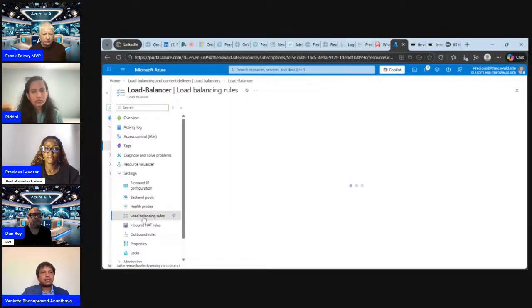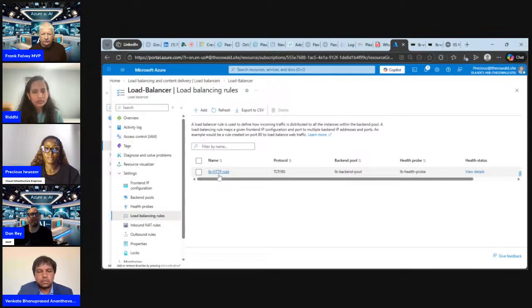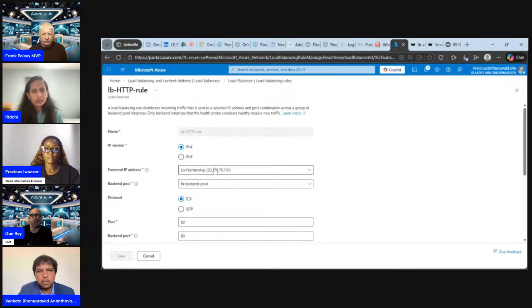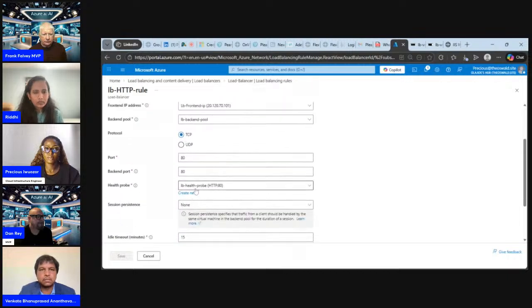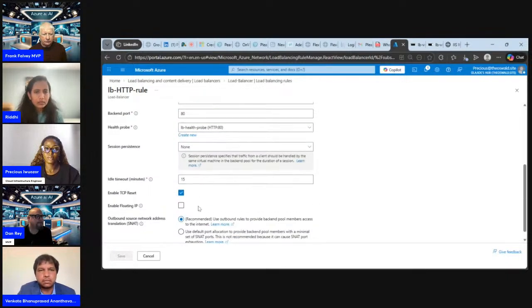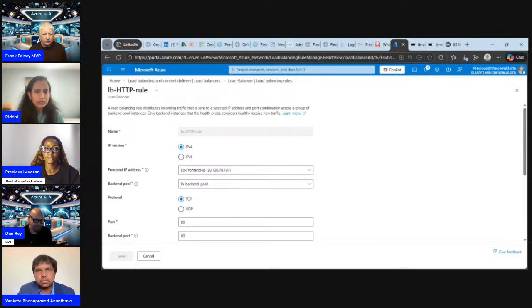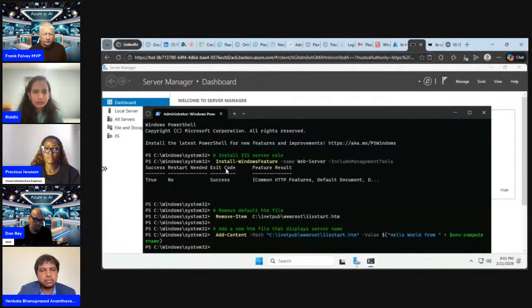So this is my load balancing rule. This is where you will find it, yes, here you go. This is my rule already. I have configured this rule. So I'm going to go over to my virtual machine, which I have already connected. And as well, I've run this IIS server